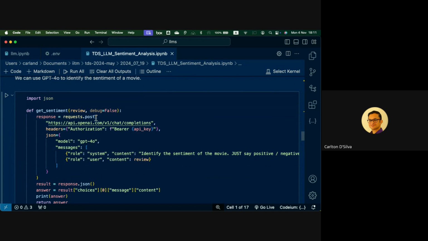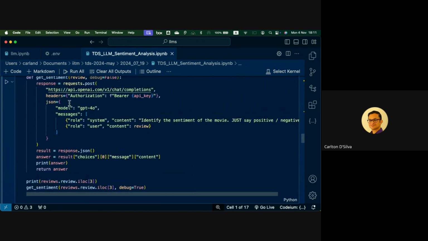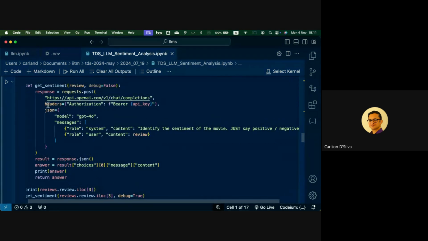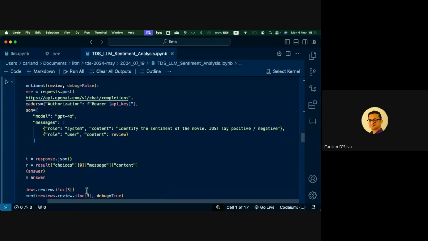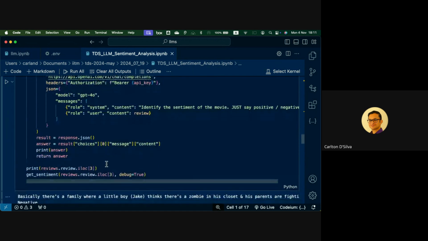And then you can see they've given the same structure I've shown you earlier, except this is not so simple to understand. That's why I showed you how to construct it earlier. But it's exactly the same thing. Nothing has changed here. There's model, there's messages, there's role, there's the GPT prompt, there is the content that's being sent. And this is for a single movie they sent. So they sent a review and put it in a function.